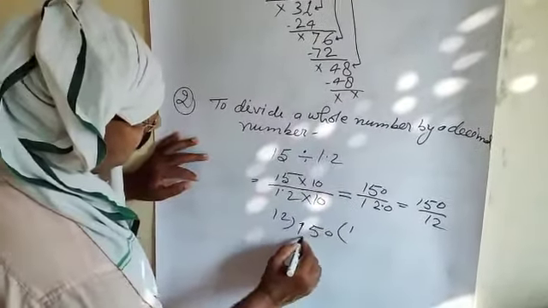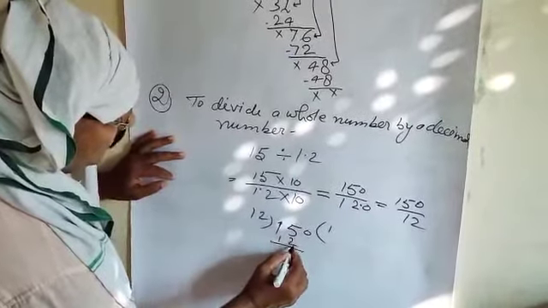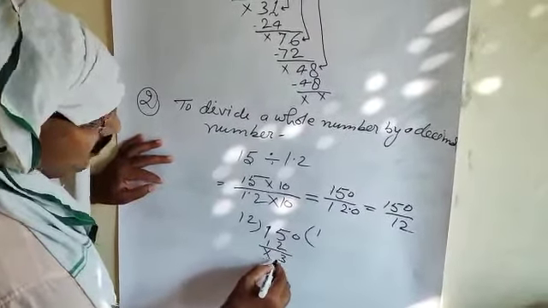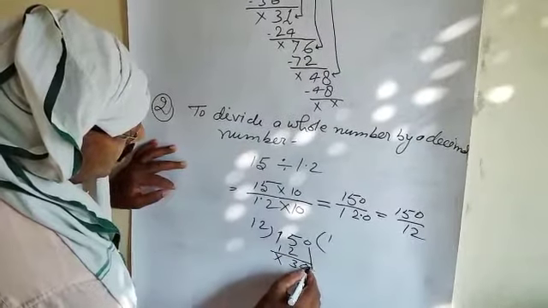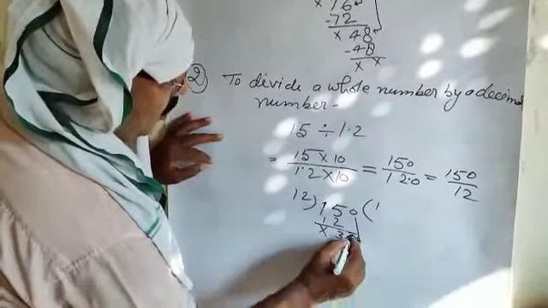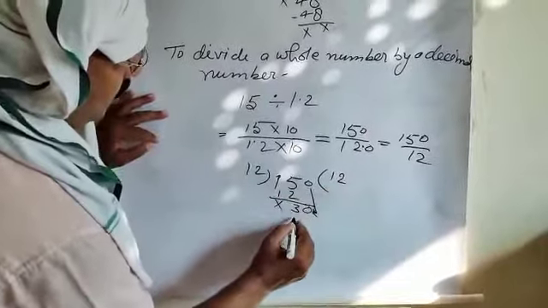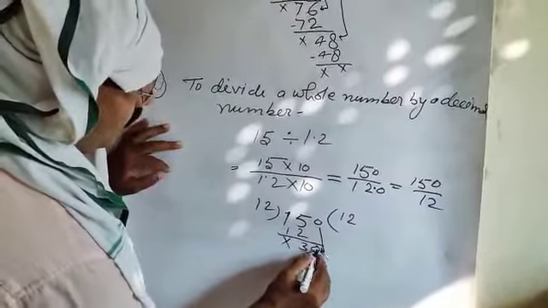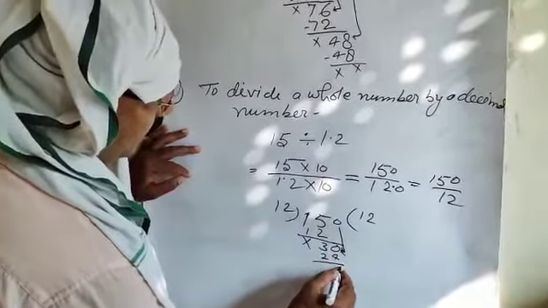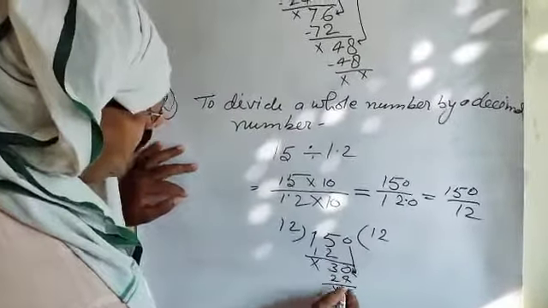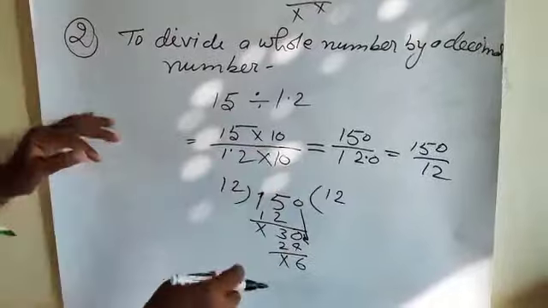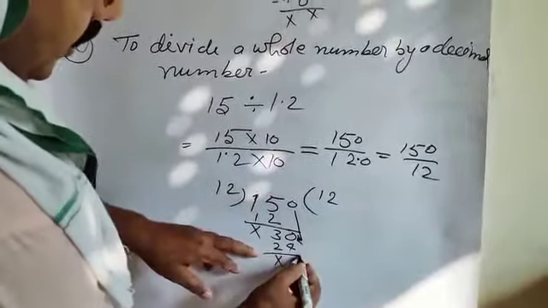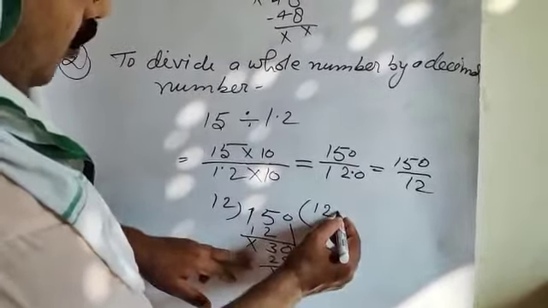12 1 ja 12. 5 minus 2 is 3. 1 minus 1 is 0. Now bring down this 0. Now 5 2 ja 24. Carry 10 minus 4 is 6. 2 minus 2 is nothing. If there is no other number to bring down near 6, you will put the point